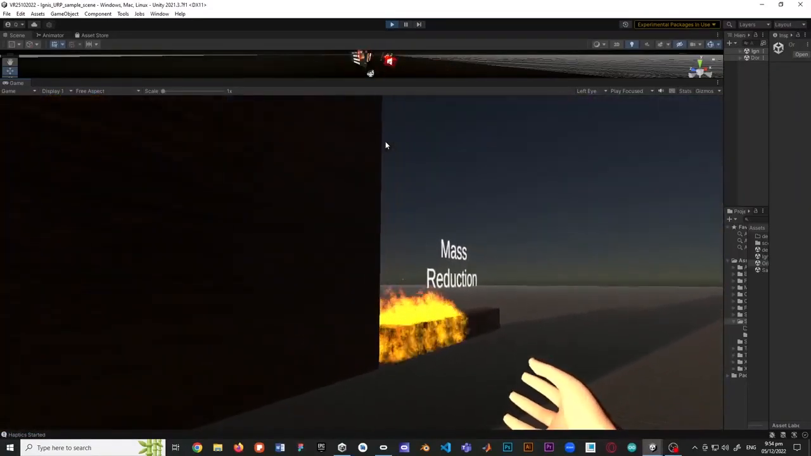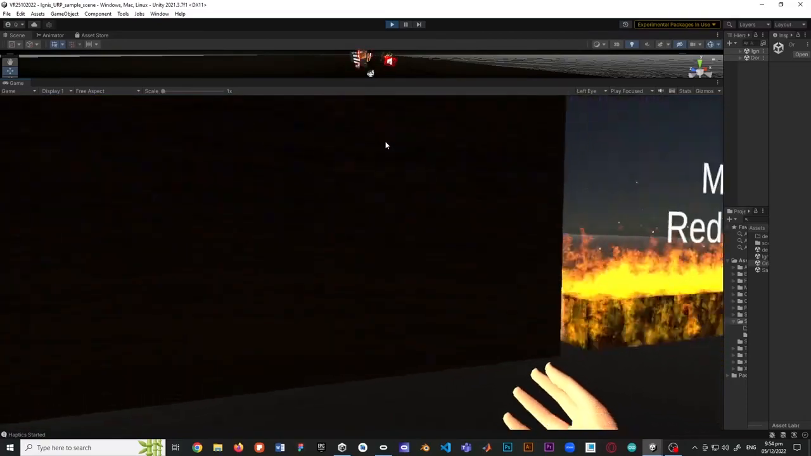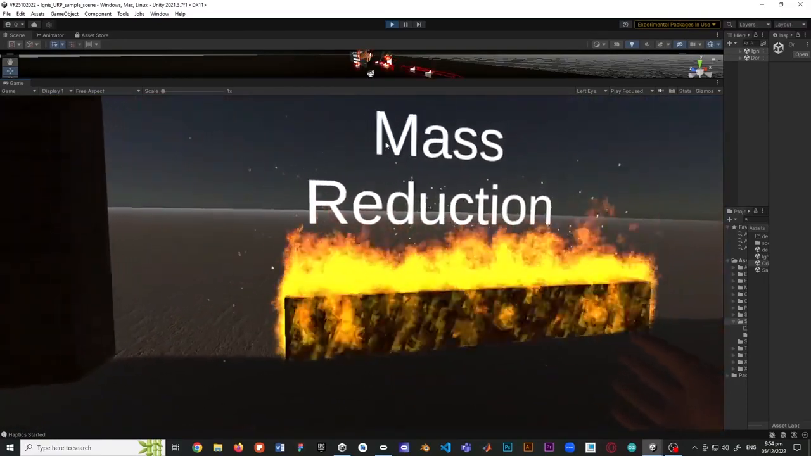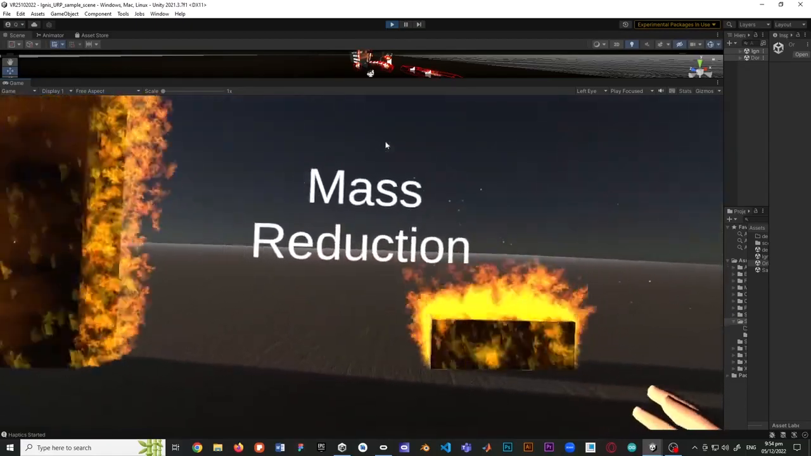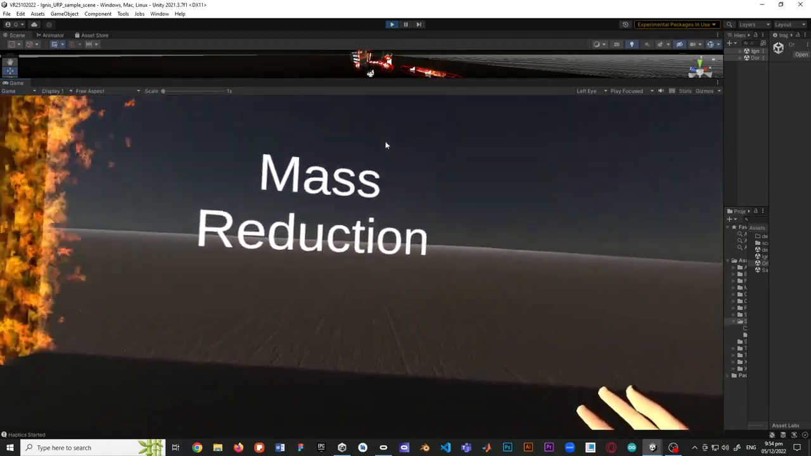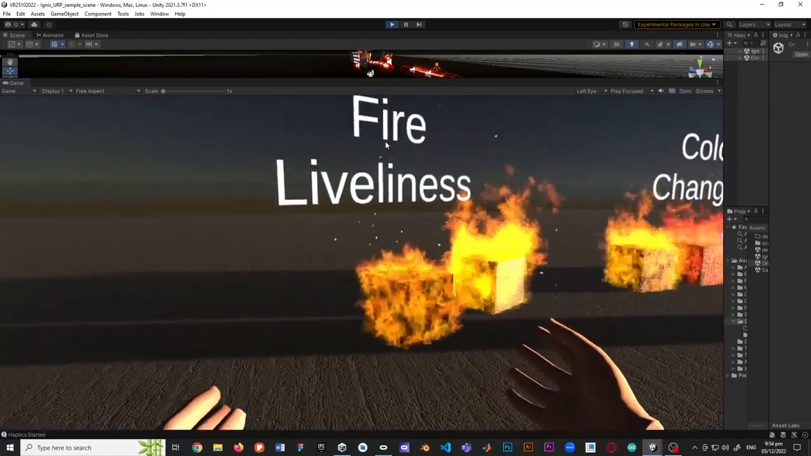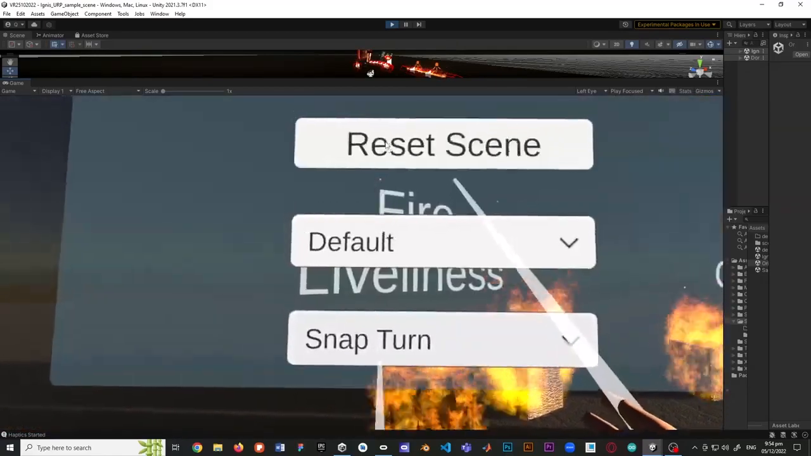This here is used to show the mass reduction. So these are cubes which are placed very close to each other, so they seem like one giant long cube, but in fact they're separate, and this can be used to emulate mass reduction. You can see here, if I reset the screen again to give you a better view,